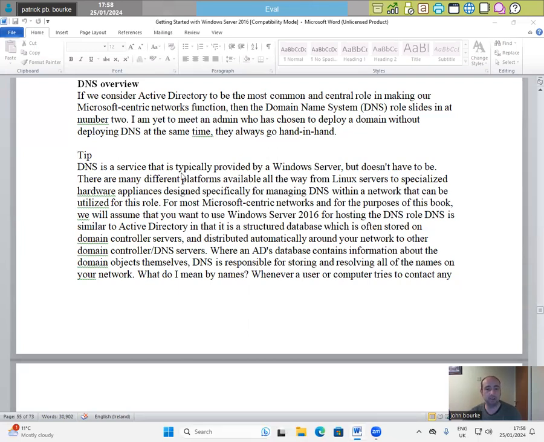Tip: DNS is a service that is typically provided by a Windows server, but doesn't have to be. There are many different platforms available, all the way from Linux servers to specialized hardware appliances designed specifically for managing DNS within a network that can be utilized for this role. For most Microsoft-centric networks, and for the purpose of this book, we will assume that you want to use Windows